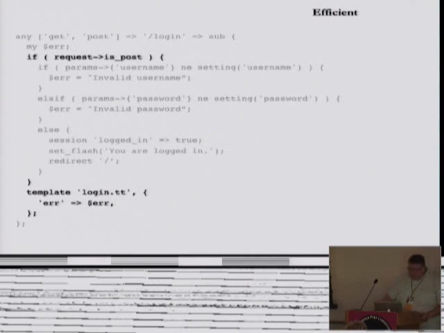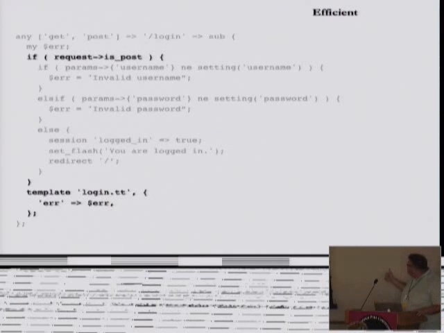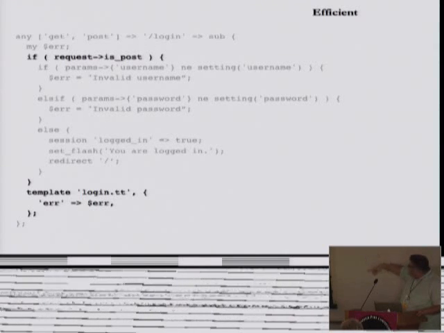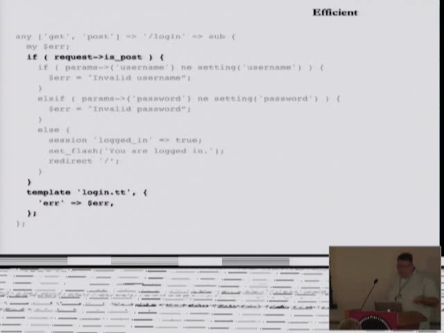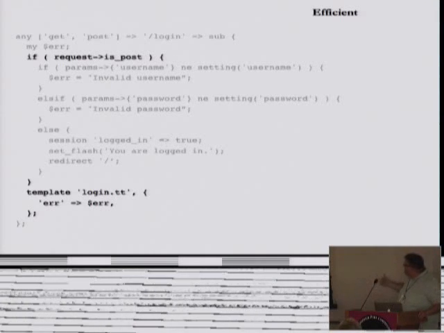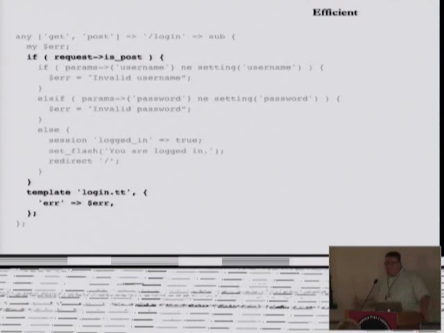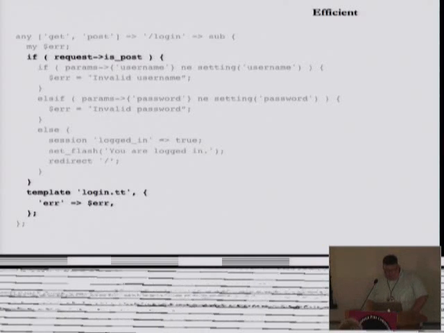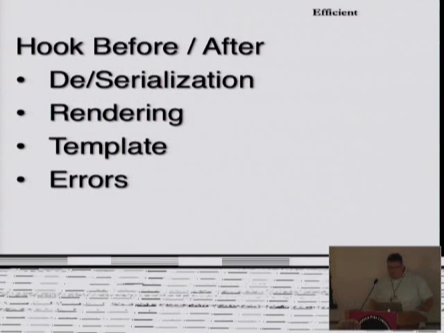So let's go back to the code before. If the request is a post, then we're going to do all the input handling, right? And then if it's not a post, we're going to come back and display the login.tt. So if we get a get, in other words, if the request is a get verb, we're going to display this template. And if there's an error, we're going to show that too. If it is a post, then we're going to do all the input handling, make sure that the username is admin, the password is password, and then we're going to set up a login session and redirect everyone back to root. In other words, we're going to have a state change.